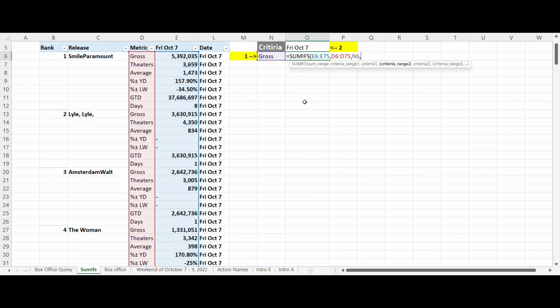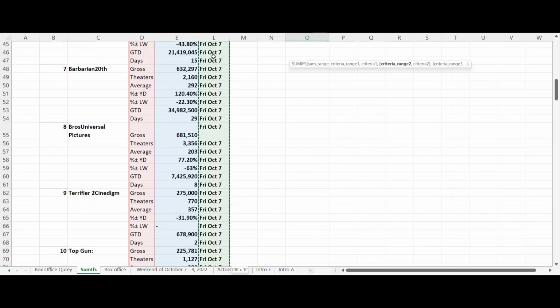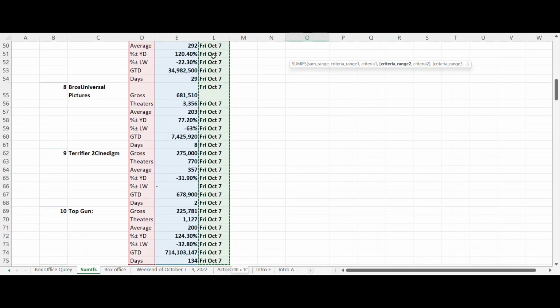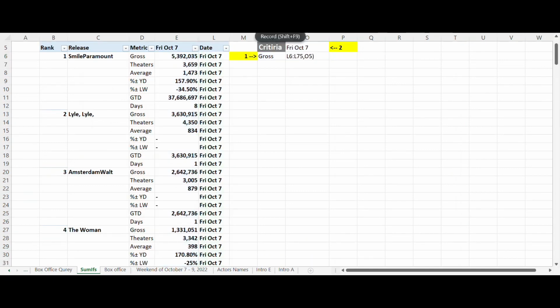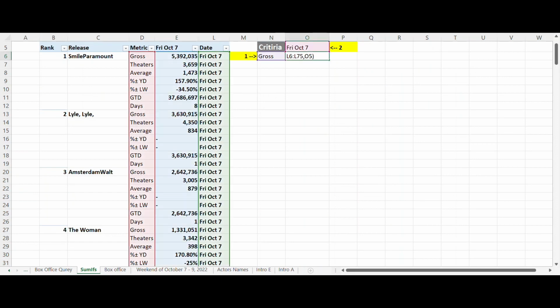The second part of the formula is the second condition. In this case, I want to get the date that equals Friday, October 7. So we need to select the second criteria range, that will be column L6 to L75. Then we select the criteria itself, in this case Friday, October 7 in cell O6. That's it. We'll press enter, and that would be the result that we'll be getting here,